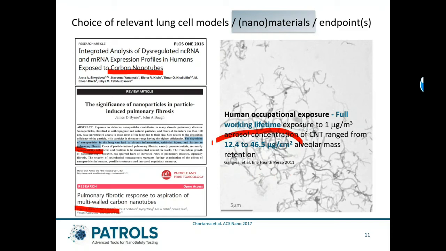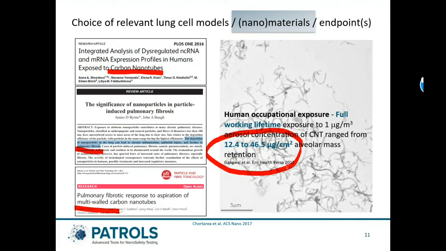And this should be in a total range of 12 to 46 micrograms per square centimeter, which was proposed already some years ago by Gangwal and colleagues, who modeled, in combination with experimental data, the full working lifetime exposure to a realistic carbon nanotube aerosol concentration. So our assays should be responsive if we expose them to this concentration,